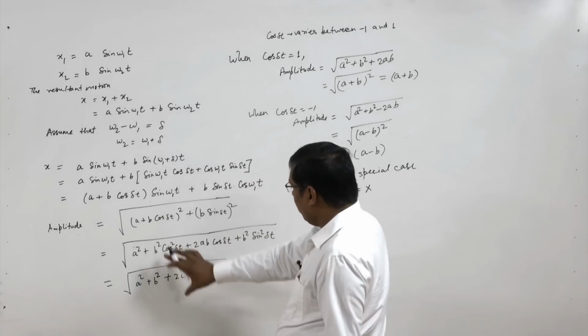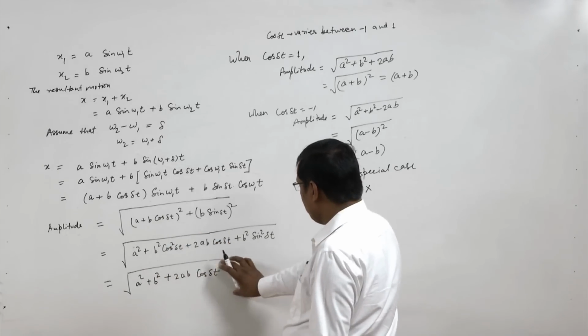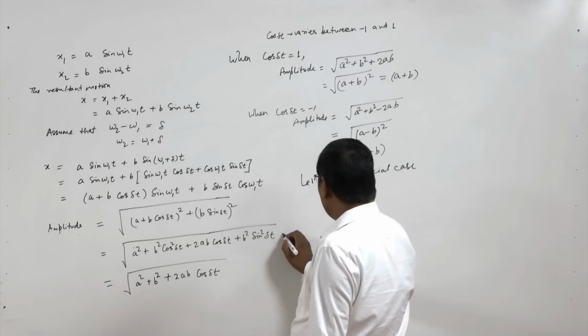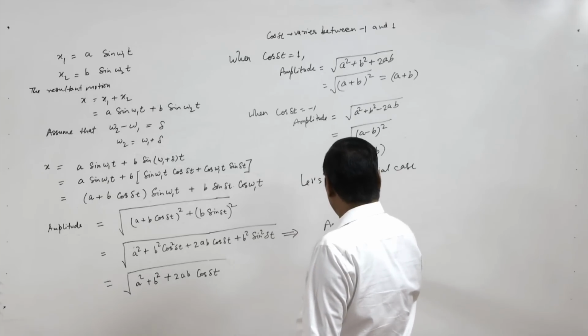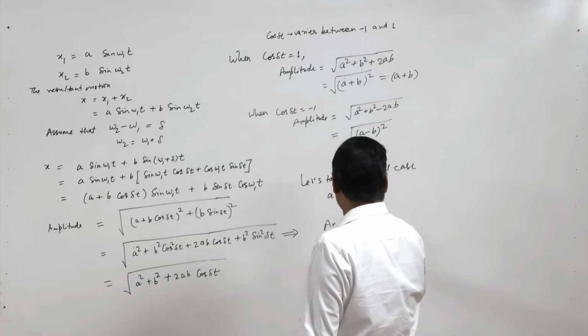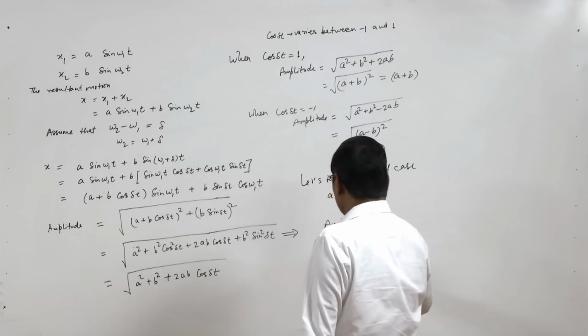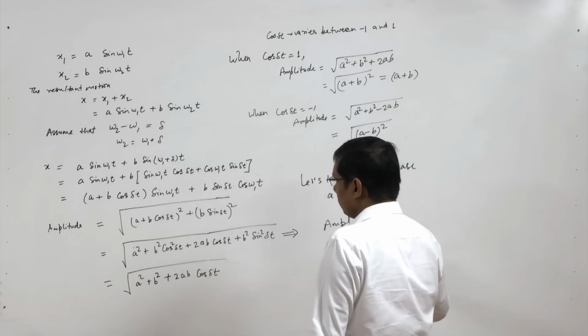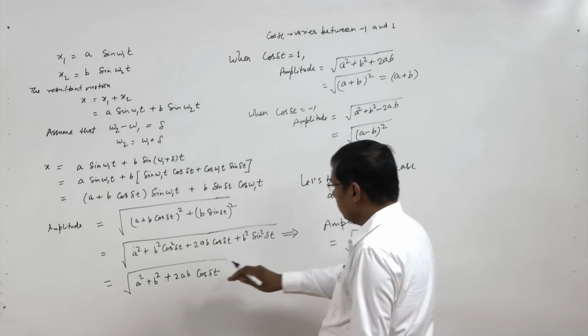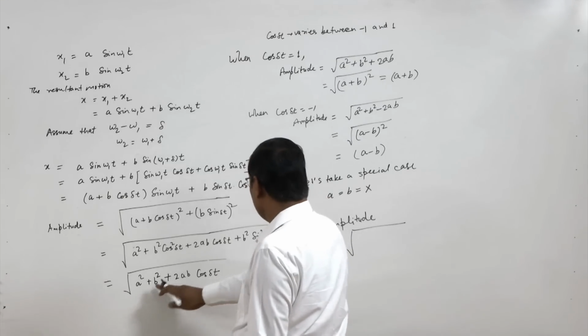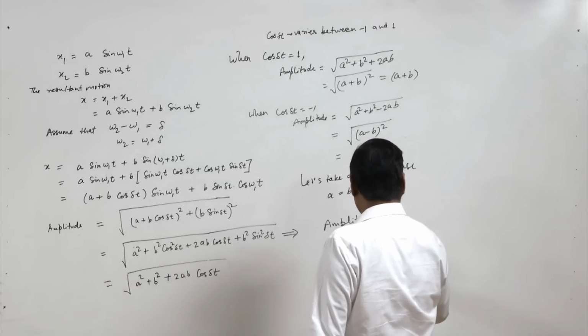So let's write this expression. So here we will have amplitude equal to under root x square plus